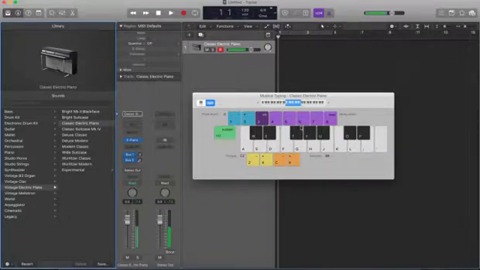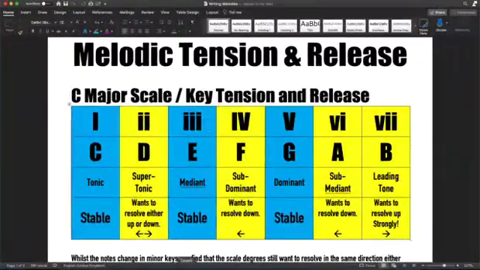So if I play just like this, the sixth falls down to the fifth. Tension, resolve. And the seventh really wants to go up. If I play the roots, tension, resolve. So you already have in melodies some sort of inherent stability, where if you play over